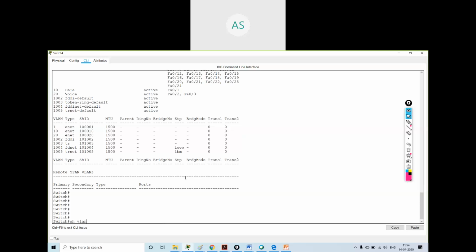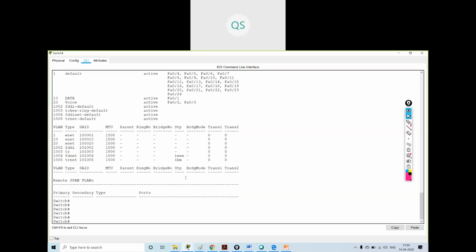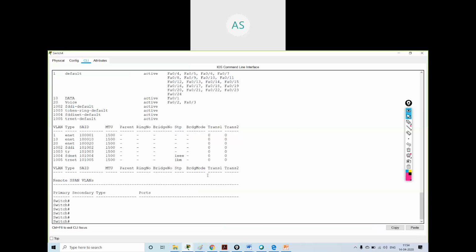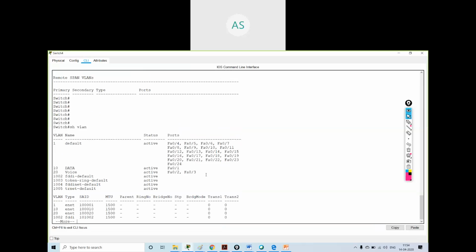Show VLAN. Okay, so you can see over here, voice VLAN is traveled by port number fast Ethernet 0/2, and this is traveled by... so why I'm not getting this, I will troubleshoot this thing.